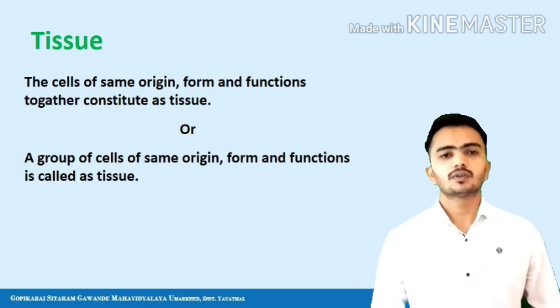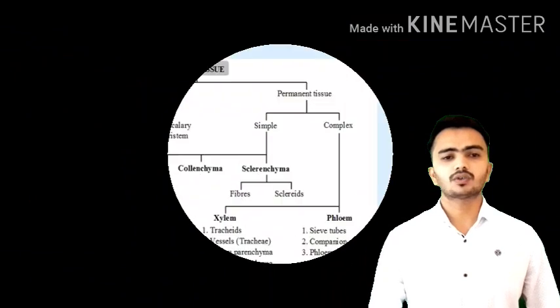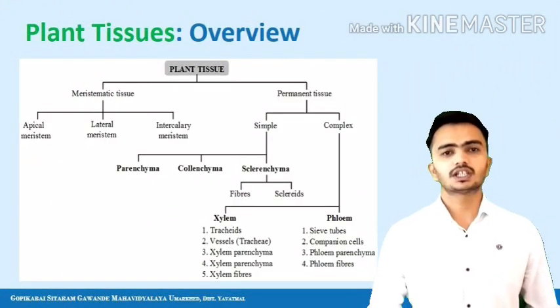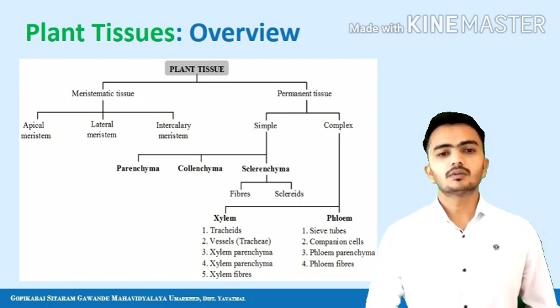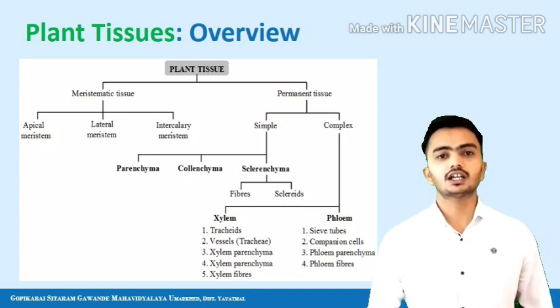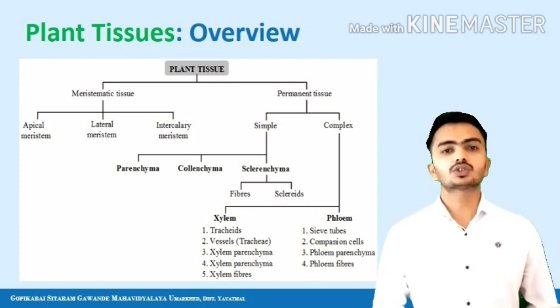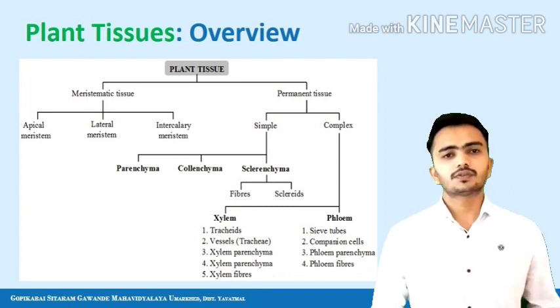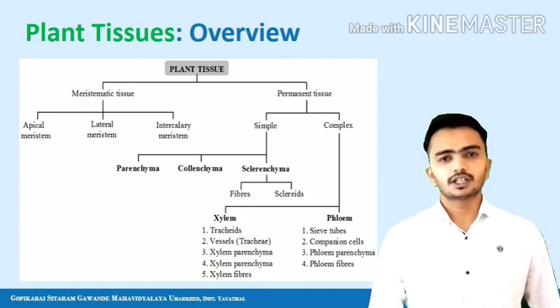Then next we will see which kinds of tissues are found in a plant. So mainly there are two types of tissues seen in a plant, the first one is the meristematic tissue and another is the permanent tissue. So meristematic tissue is a kind of tissue which is in a continuous state of cell division, which divides and redivides and adds new cells to the existing cells that leads to the growth of a plant. And the other kind, that is permanent tissue, is differentiated from meristematic tissue.